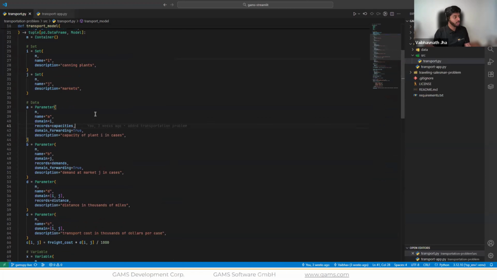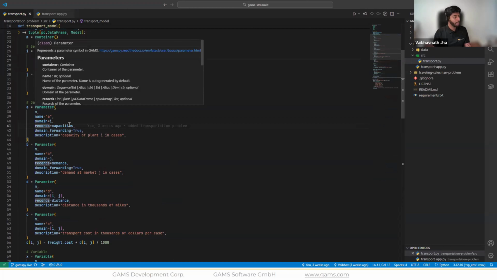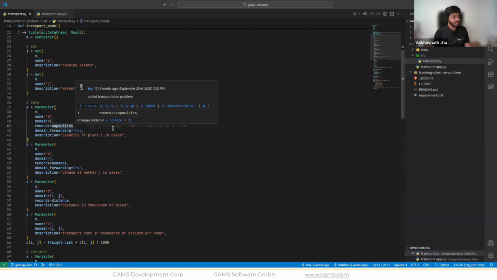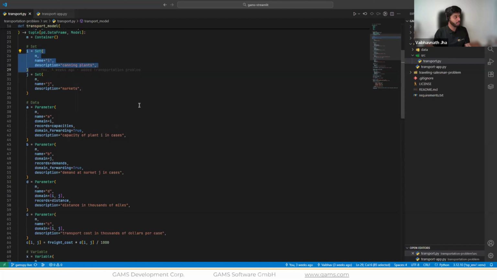What this allows us to do is, let's say I set this parameter A with my capacities pandas data frame, and GAMSPy will automatically take the domain from this pandas data frame and forward it to the set of plants I. So after this point, if you check what the elements in the set of canning plants are, it'll have the same records which were in the pandas data frame for the plants.